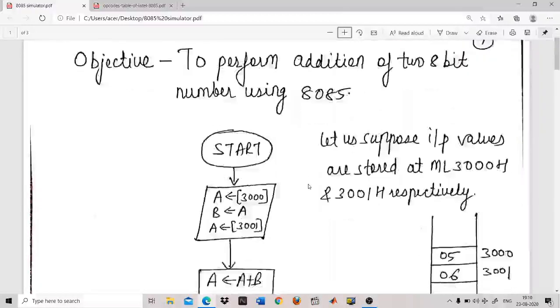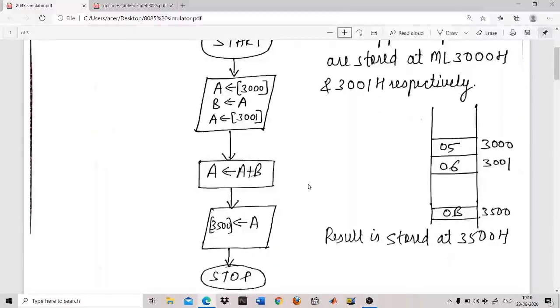In our case, we have taken two different operands, the first one is the accumulator and the second is register B. Then we perform the arithmetic operation and the result gets stored inside the accumulator. Before writing any program, first we will draw the flowchart of it. Now what is a flowchart? A flowchart is a graphical tool which represents various actions in the program, meaning how you are going to initialize, how you are going to perform the action, and how you are going to display the result to the outside world.